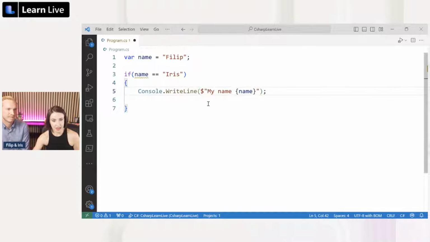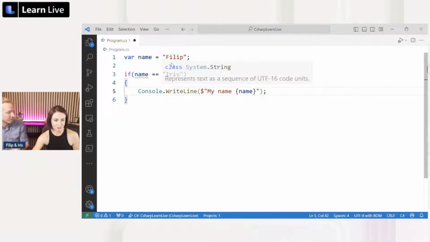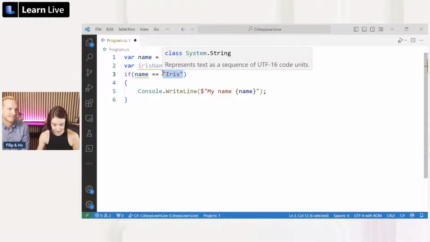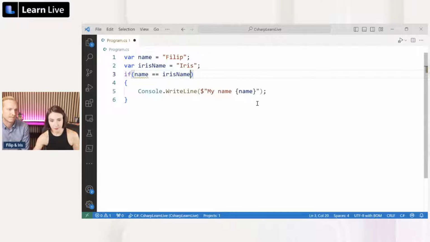This doesn't make any sense, so just ignore this example. Anyways, we could think of the name being something that comes in from the console or somewhere else, right? We'll do this instead. My name is